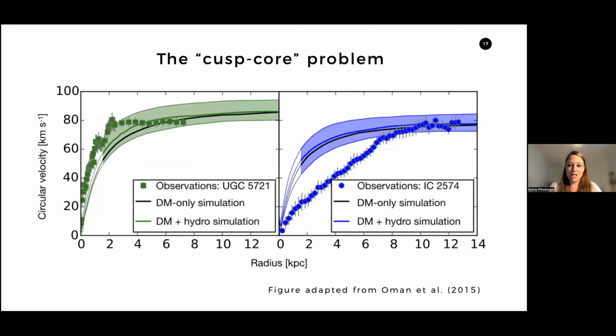So coming back to this figure that I showed before, these are observations of two dwarf galaxies with very similar masses, so the same maximum velocity, as you can see if you compare where they peak, where their maximum rotational velocity is. But they have very, very different profiles based on the rotation curve. The lines here are from simulations, either dark matter only or dark matter and hydrogen simulations. And you can see that in this case, the simulations predict a central cusp, but they do that for all their galaxies. Other simulations might produce cores for this mass range, but as I said before, it's very difficult to get a simulation that does both. So that's why I think just focusing on the numerical issues is not